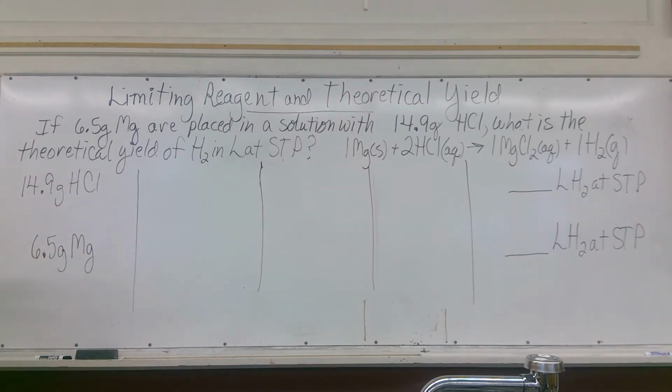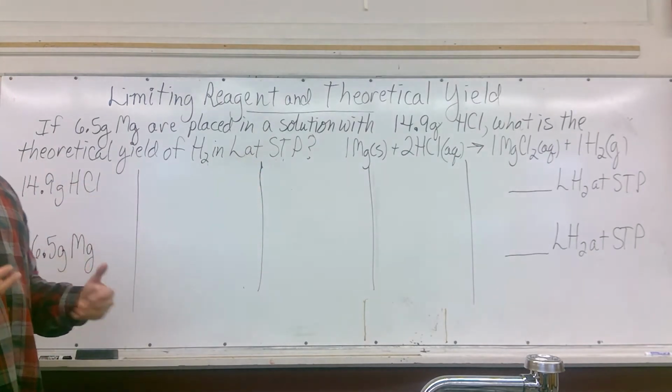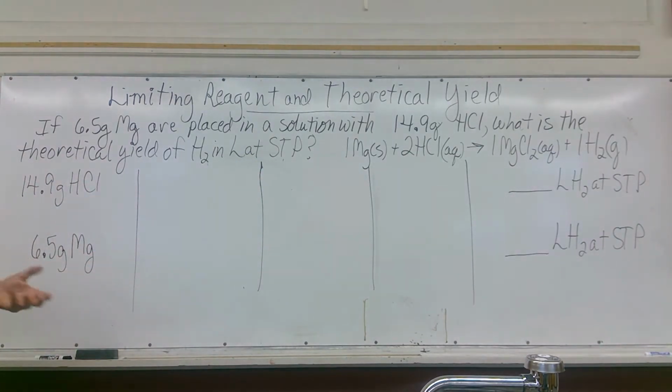So let's take a look at how we can determine what our true theoretical product would be when we have two reactants and really don't know which one we're short on. In this case, we have 6.5 grams of solid magnesium that we'll place in an aqueous solution that has 14.9 grams of hydrochloric acid. If that's the case, how much hydrogen gas in volume of liters at standard conditions could we get as a